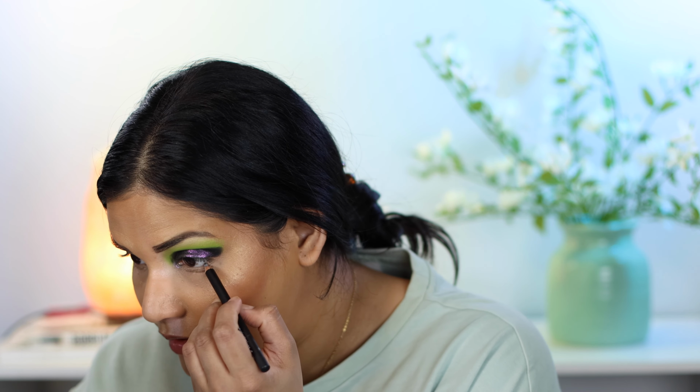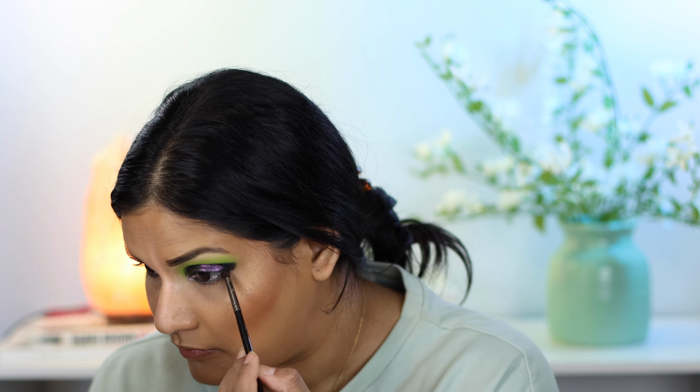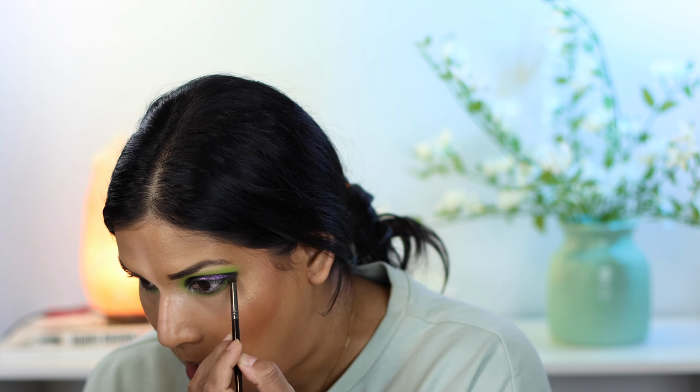So I'm grabbing a black eye pencil, and I'm just going to line my waterline with it. And then I'm just going to grab a skinny pencil brush, go into that black. And then I'm going to take that same pencil, go into the green, and on the outer perimeter. And then I'm going to go into Spirit and just add some of the sparkle in the inner corner and just bring it to the lower lash line as well. Okay, so the look is done. I'm going to throw on some mascara